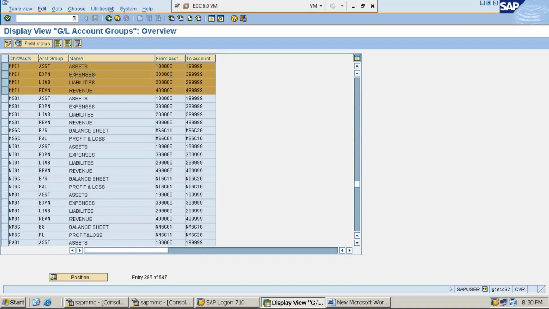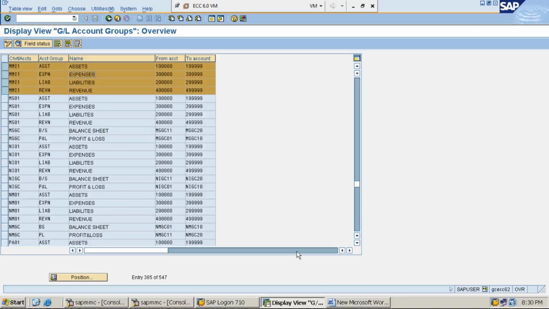Rent is an expense for the organization as it is making payment of rent. So to capture information related to the rent, we use the rent GL account, and for that account we have to assign a number taken from this number range, 3 lakhs to 3 lakhs 99. Am I clear with my explanation?